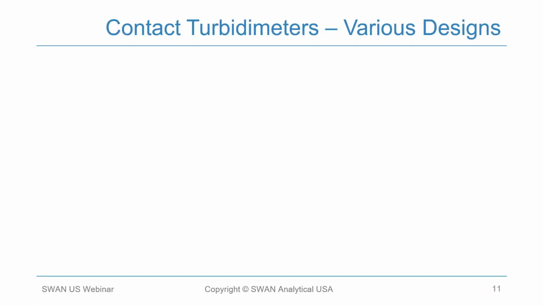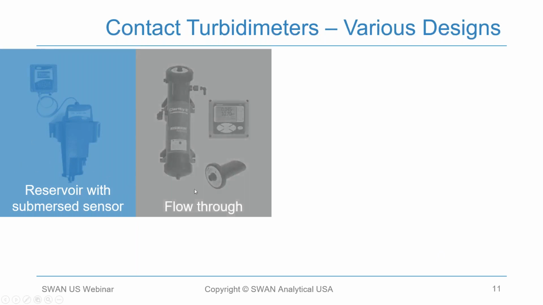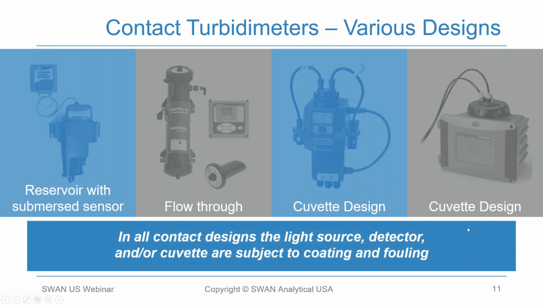So let's talk about contact versus non-contact. When we're talking about contact turbidimeters, there's lots of different designs on the market. Some of the older instruments had a reservoir with a submerged sensor. Some of the newer ones have a flow-through design or cuvette design. But the commonality in all of these is that a contact turbidimeter has at least one component of the instrument that will have a direct impact on the sample result. For example, the light source, the lens, the cuvette, or the detector that is in direct contact with the matrix. And that can create a lot of maintenance issues that you have to deal with in the long